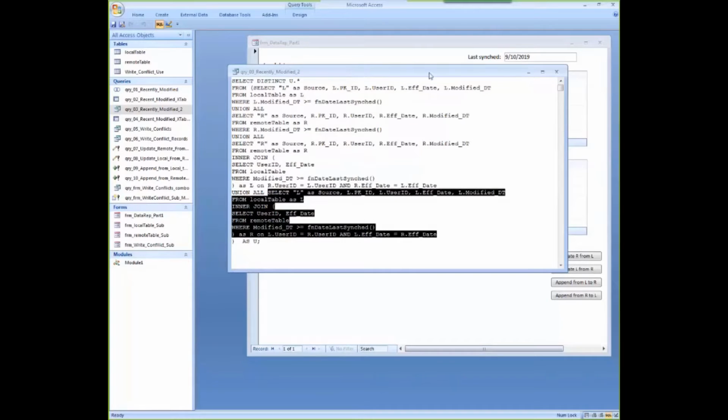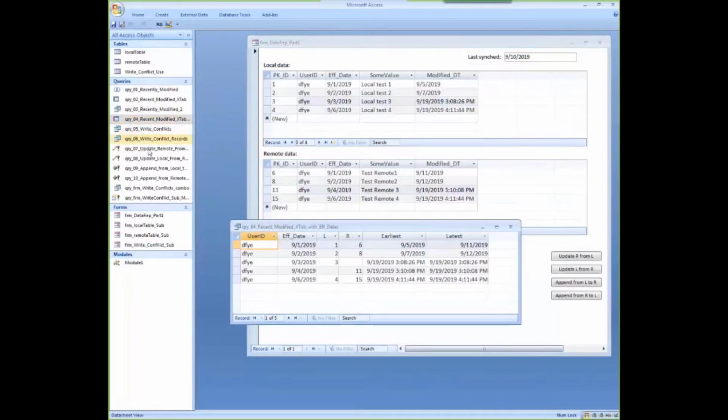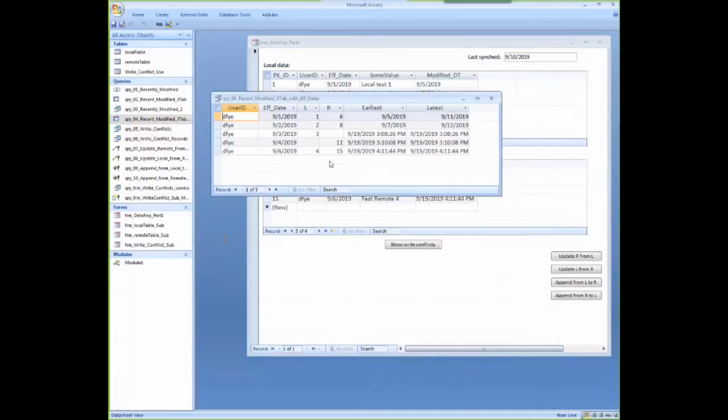And by looking at that, I can get a little bit more detailed information on where the data exists with this query, query number 4. So again, we've got our unique index, which are those 2 fields. We now know what the primary key is on both the local and remote computers that relates to that unique index.